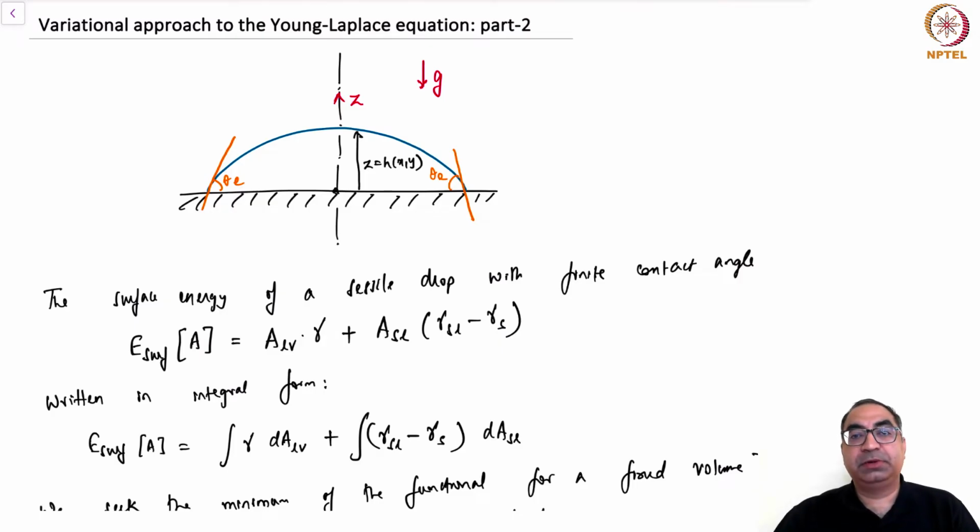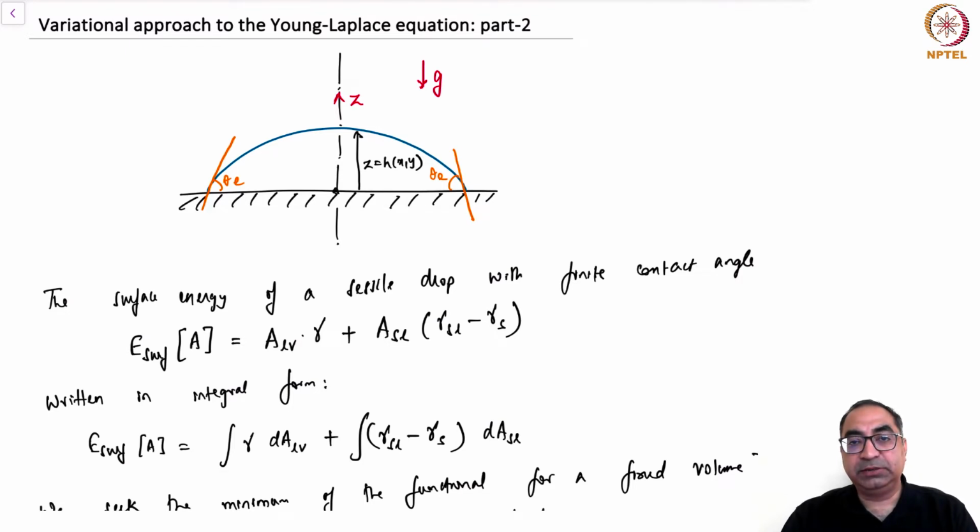In the previous lecture, we initiated a discussion on the variational approach to the derivation of the Young-Laplace equation. The schematic of the problem setup is shown on your screen. We considered a sessile drop sitting on a flat, smooth solid surface, in a partial wetting regime, with a contact angle of theta e, the equilibrium contact angle,